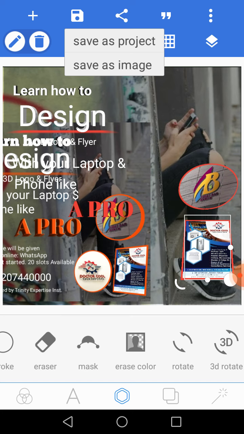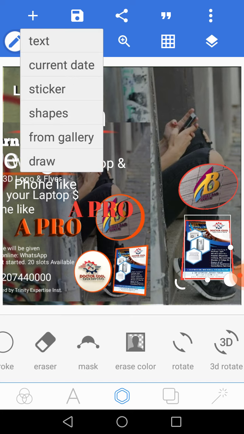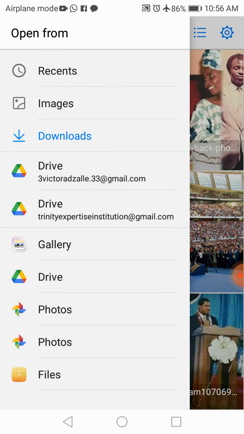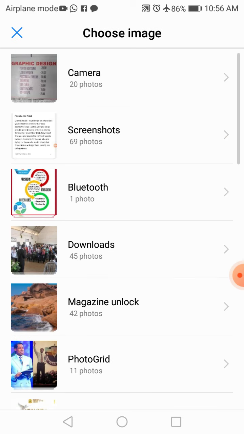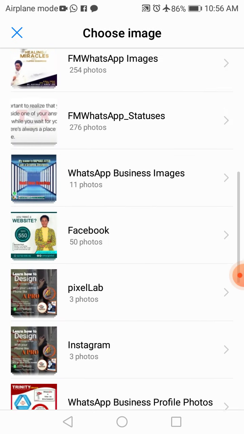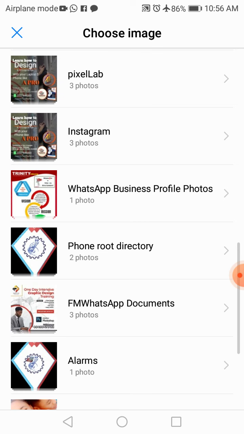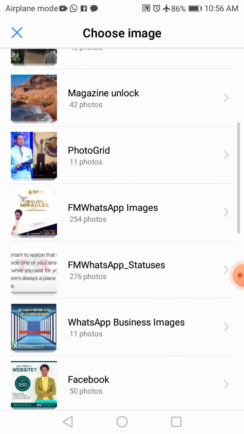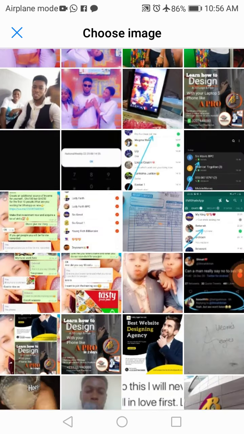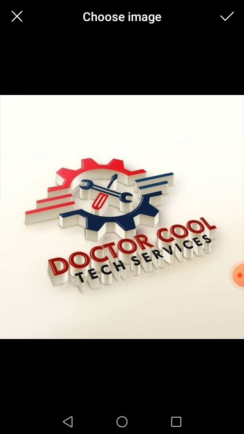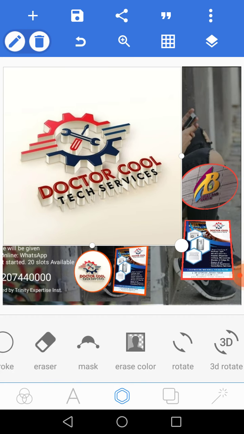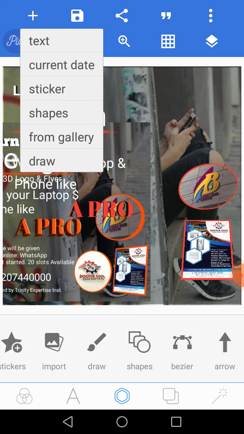So the next thing you also do is what? To add the last picture, which picture? Let me go and bring that picture. Like I said, the pictures will be made available for you. So what we are doing, we are designing a flyer, simple as ABCD. Okay, so this, you see, this picture is different from the one there. So all we have to do is what? Change the